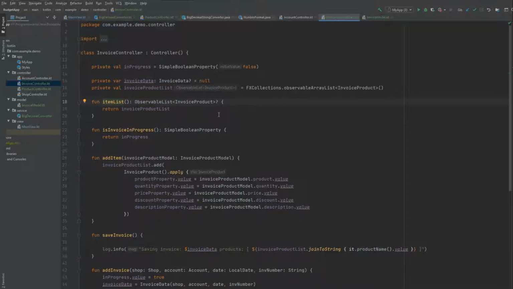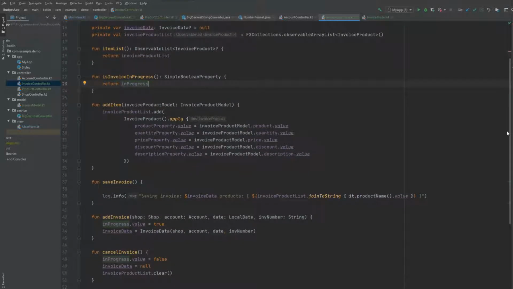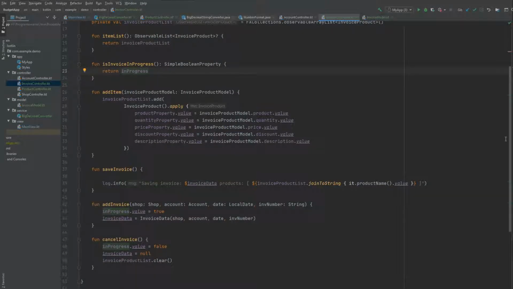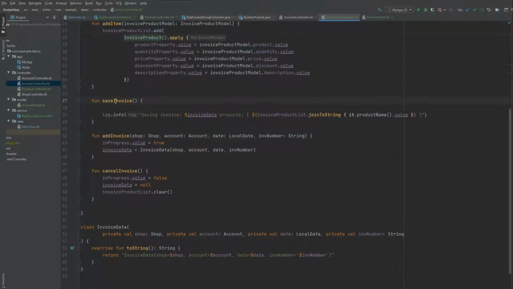It will be used to display data in table view, and this method just returns in progress info, and it will allow to change the availability of part of the GUI, and add item method will be responsible for adding a new invoice product into the list. And here this method is not implemented yet, it will save the data into database somehow. Add invoice, this method will just